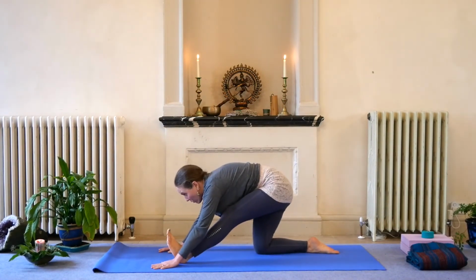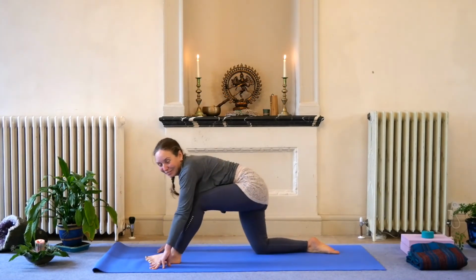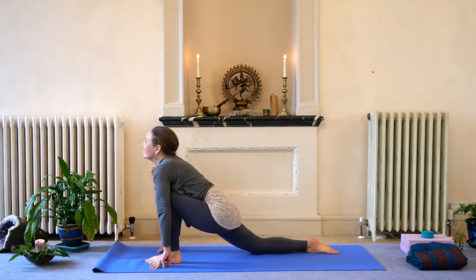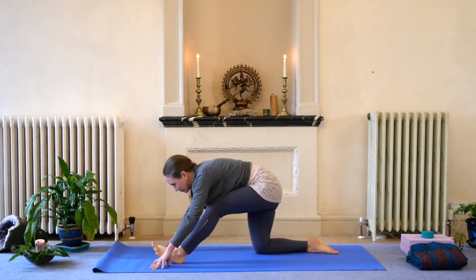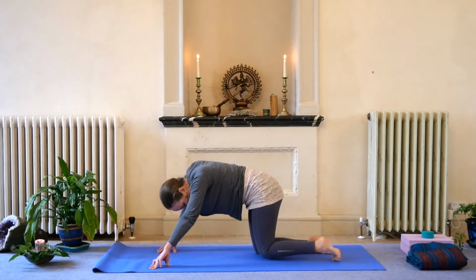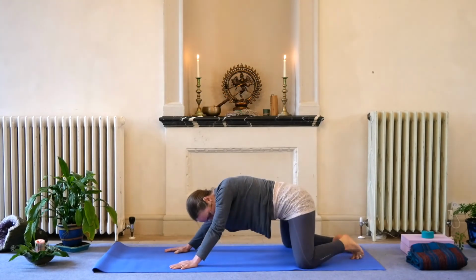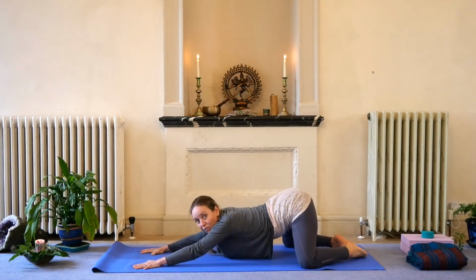Lovely, deep, full breaths. Fantastic. Oh, yawns are invited, by the way, if you're feeling still yawny. Inhale forward, that's great. And then bringing the left knee, so it's hip width with the right knee, opening up the knees now towards the edge of the mat and then touching your toes together and gently folding forward